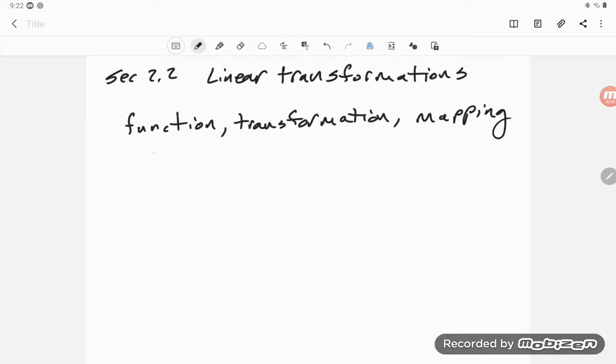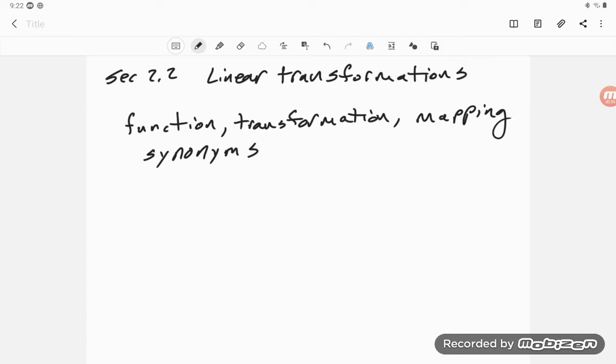Actually, these are all synonyms. Synonyms. Is that right? Looks funny to me, but anyway,